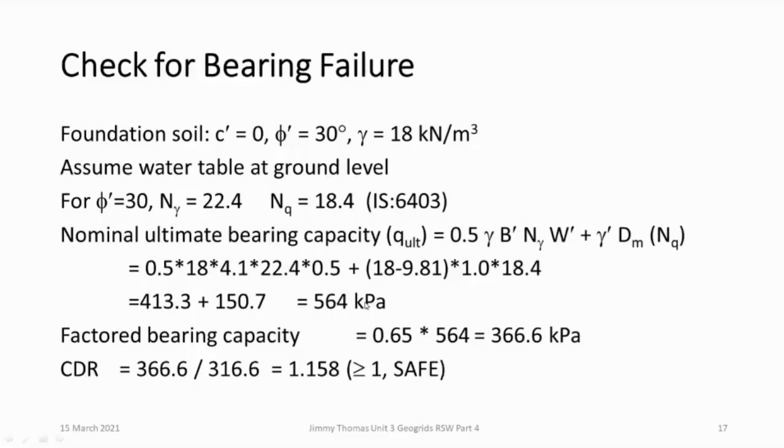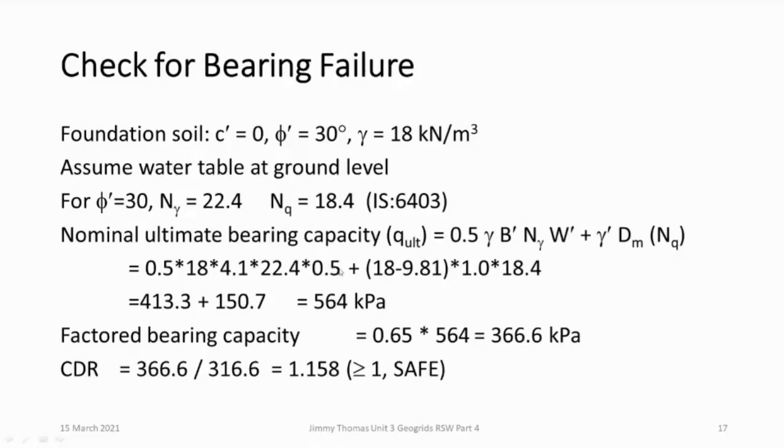When we do MSEW, normally in the FHWA manual they don't take this embedment factor; they ignore it, because normally the embedment is small. If you go with FHWA, it will be H by 20 or 0.6 meter, which is a relatively small value, so probably that's why they ignore it. Whereas in our case, we are taking 1 meter, and many times we have service load, so erosion or scour may not be possible. So I have taken this value.